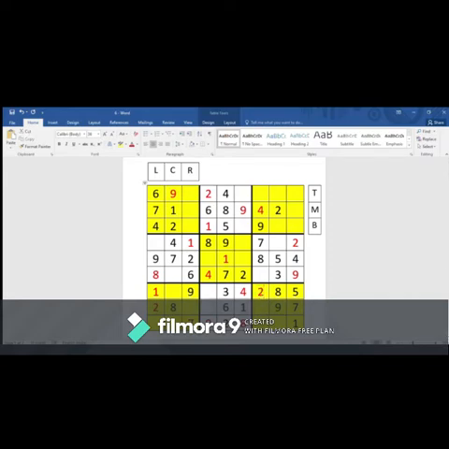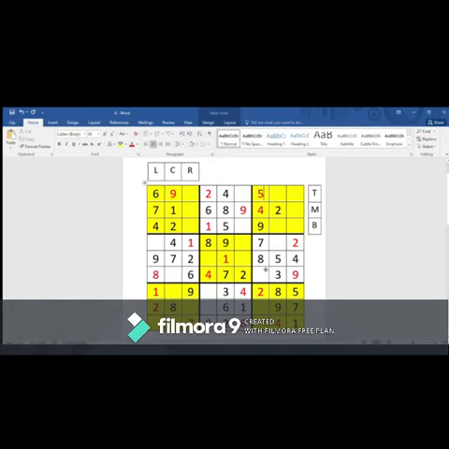Now let's move to 3. There is only one 3, neglect it. Number 4, there is only one number. Okay, is there another number 4? Yeah, there is another number 4, that is in this column, and another is in this column. So the only place it's left with is over here. Number 5, there are 2 number 5s, one is over here, other over here. So the only place it's left with is over here. I hope you are understanding it, guys.